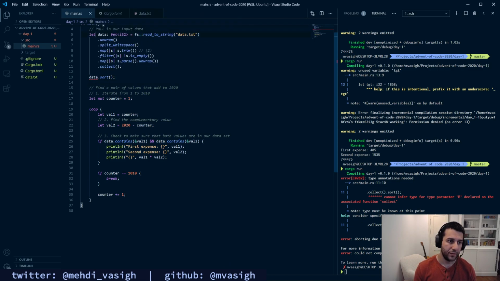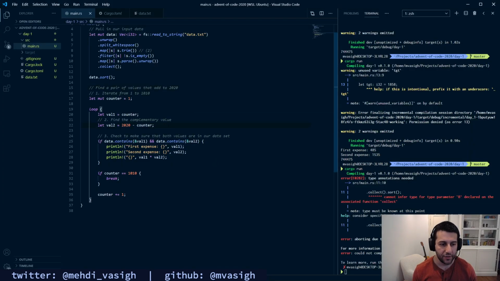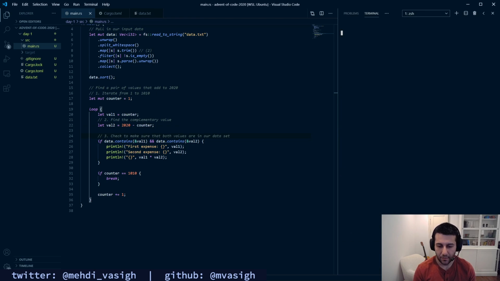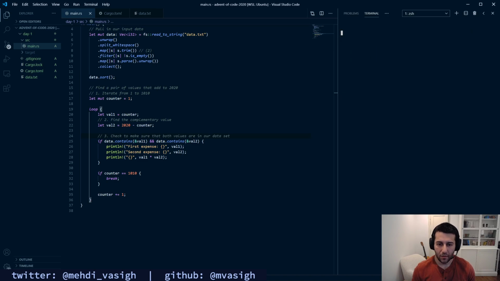It is not declared as mutable, so let's mutate, or no, declared as mutable. So I can actually just sort my vector. Now, how the heck am I going to do this? This might be a good, well, first of all, let's commit. Day 1, part 1. All right, and